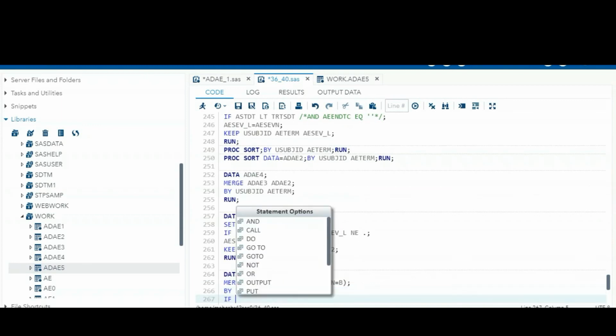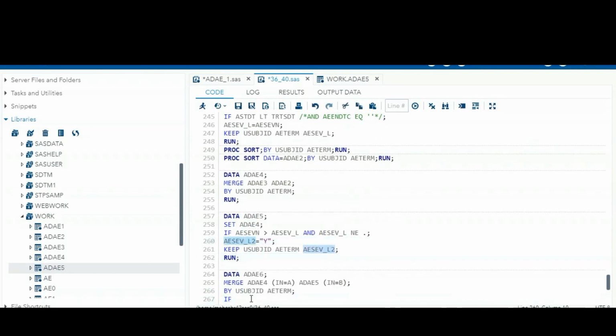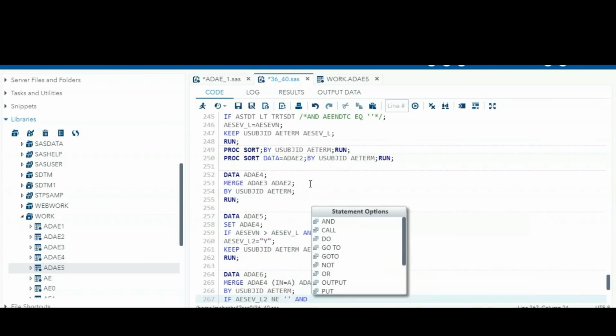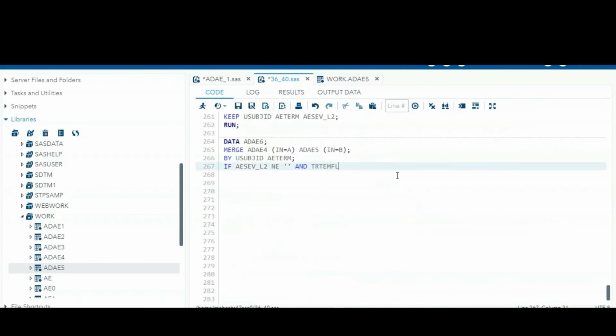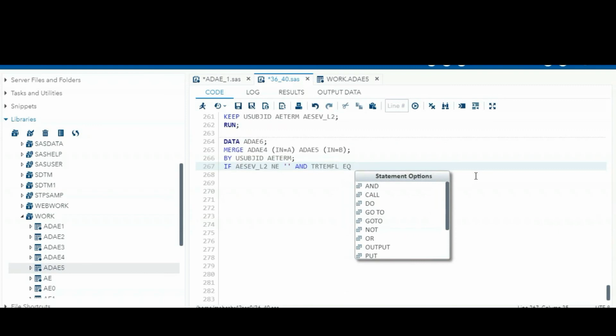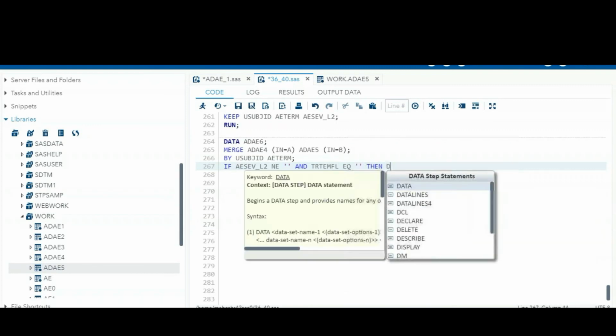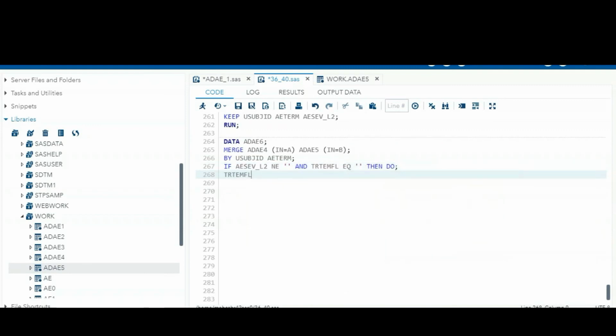So if, for example, this flag is present, means not equal to missing, and the treatment emergent AE flag we already created is missing, then set that flag equal to Y. So we have to consider this type of adverse event also as a treatment emergent adverse event. Otherwise we may lose this information. Okay.